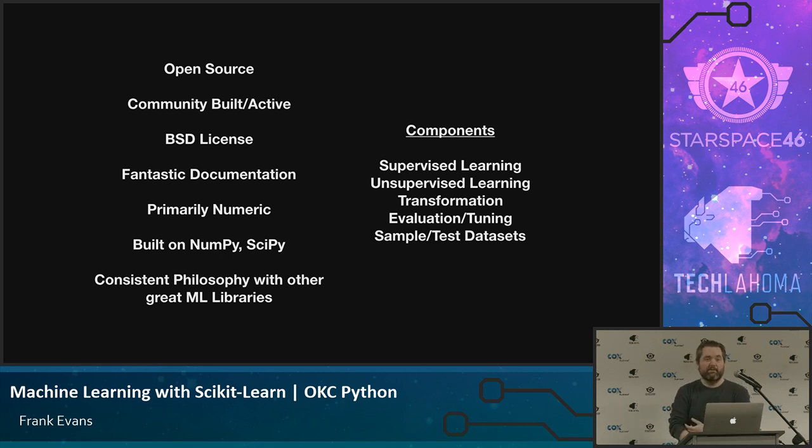But Scikit-Learn specifically is around numeric data, and in almost every case, somehow you either have a row and column-y sort of thing, or you're going to get to something that is rowish and column-y as a part of what you're doing. It's built on top of NumPy and SciPy. So that's numerical Python, scientific Python. You may or may not be familiar with them. If you aren't, they're fantastic. They're the base level of being able to do numeric operations in a number of different ways, highly efficiently, highly effectively.